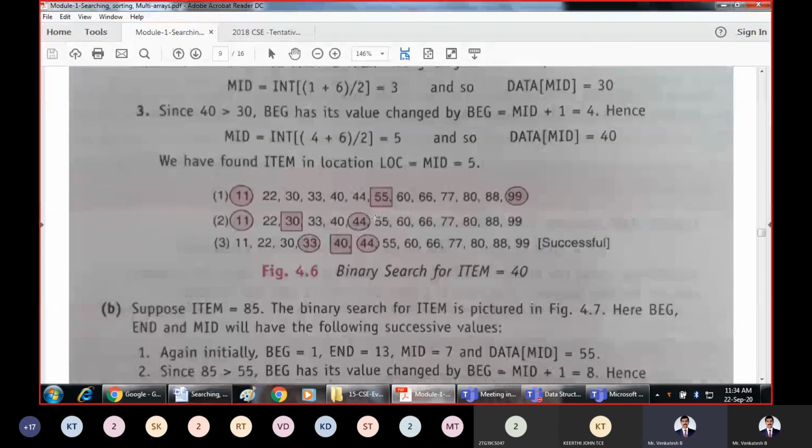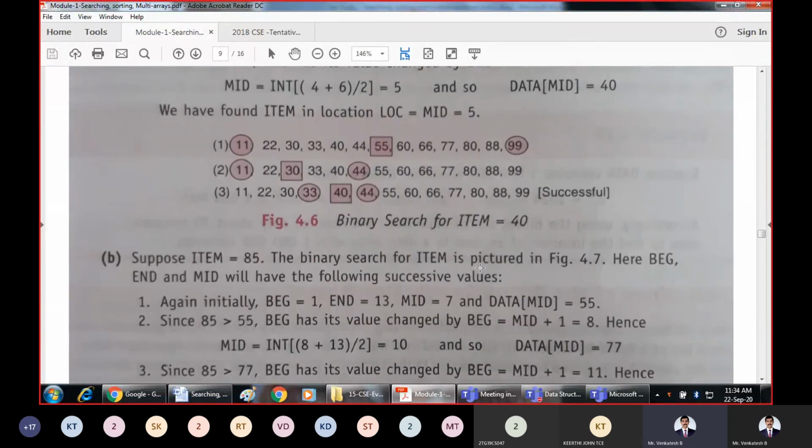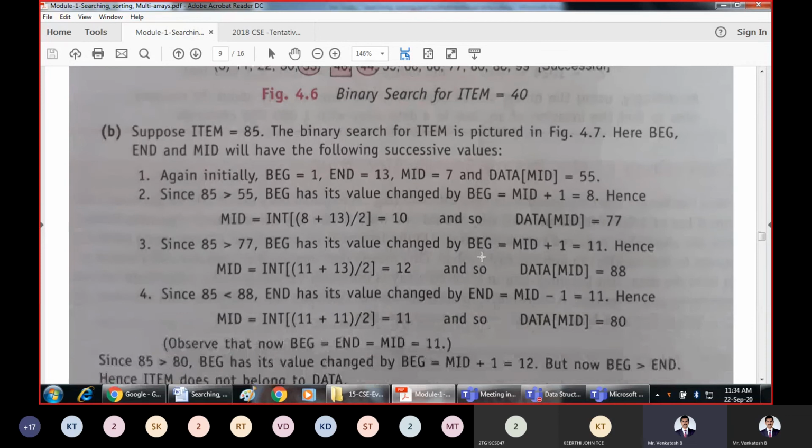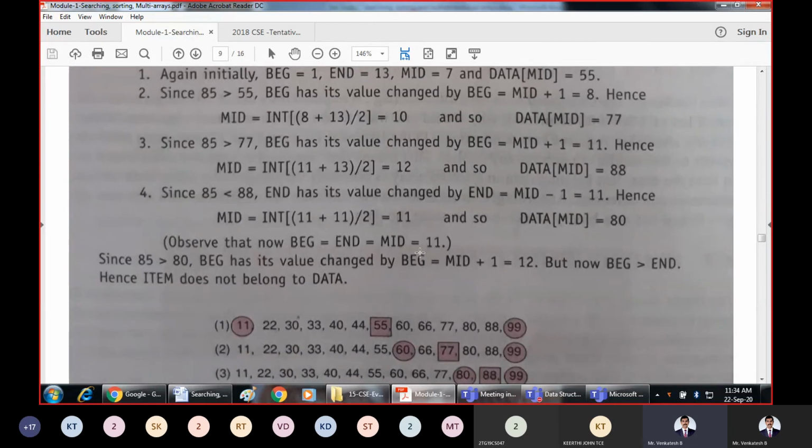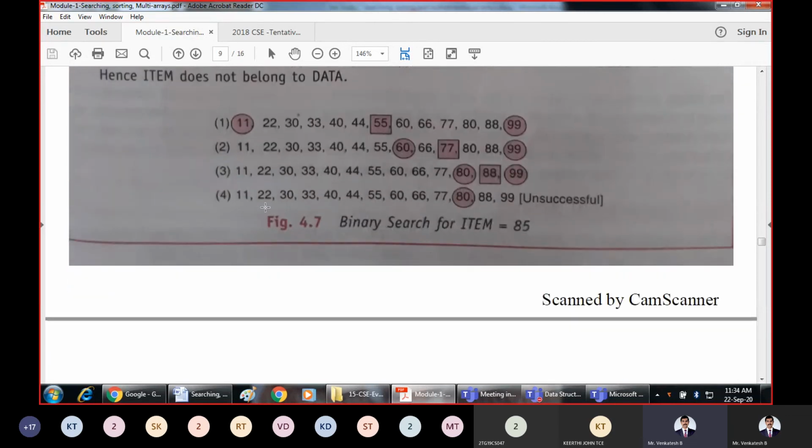This is the same procedure explained in the textbook, till the item is found. The search will be unsuccessful only when we exceed the index values, like in linear search, when all the indices have been searched and the element is not found.